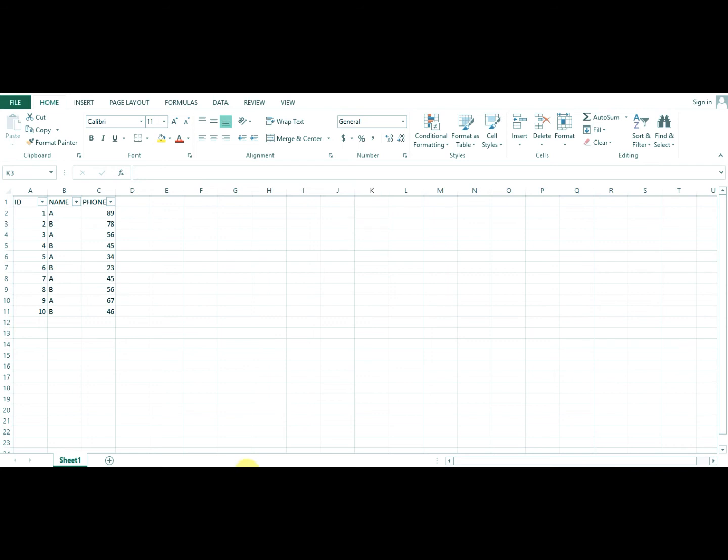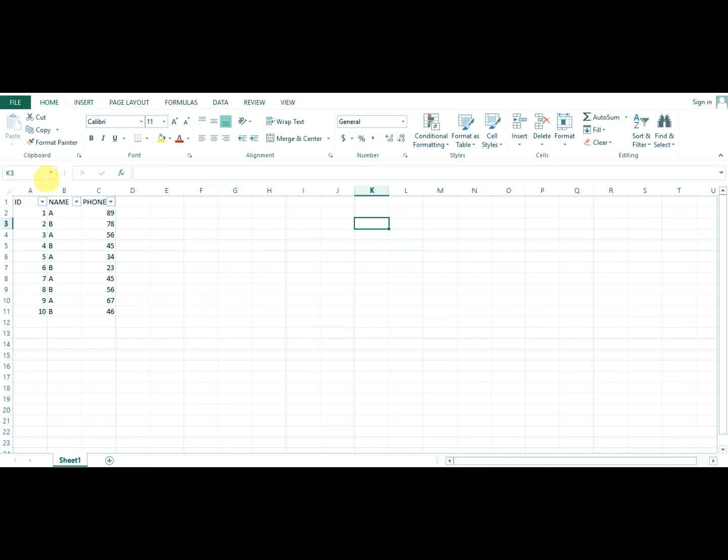Custom filter. Custom filtering is the option used for filtering data on specified conditions. It is also known as auto filter. In the auto filter drop down menu, point to number filters and a submenu will appear, showing comparison operators such as greater than, equal to, greater than or equal to. Click on the custom filter option and the custom filter dialog box will open for showing only the rows where the total is in range. You need to fill in the values and click on OK.